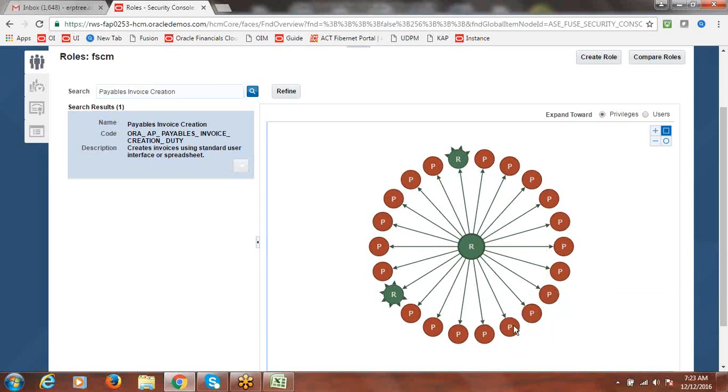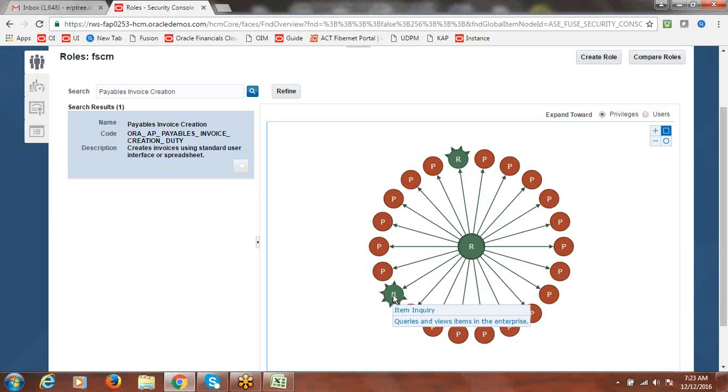Okay, now this is as per seeded, you can see it in this way. The features in some maroon color representation are directly related to payables, but those you see in the green color representation are some supported process. Okay, something you can say is inherited functionality, which is from other applications connected with this role related process.